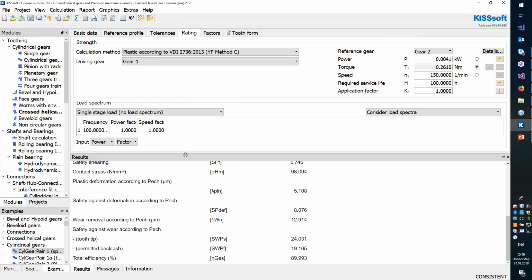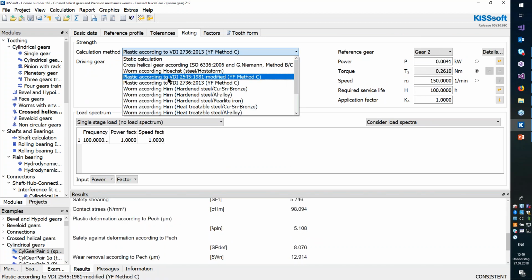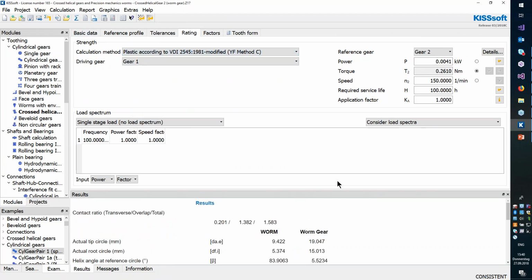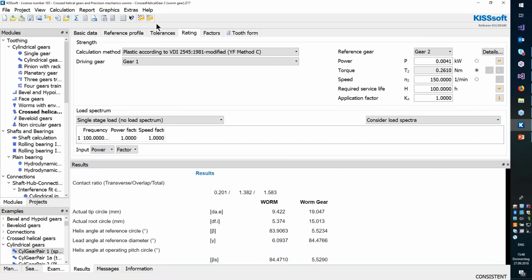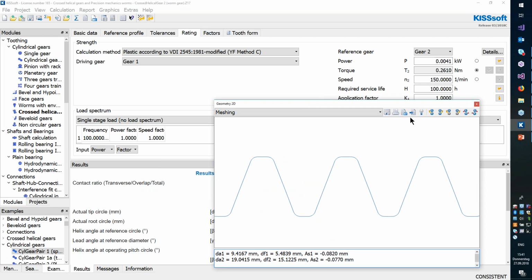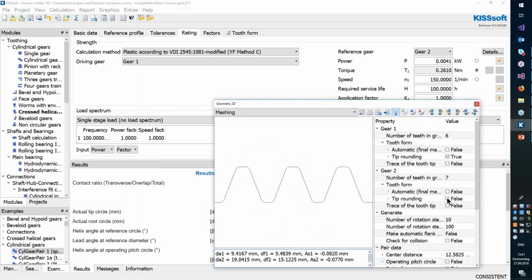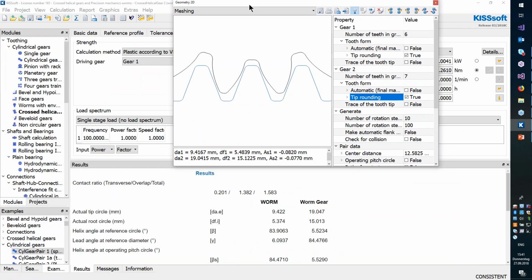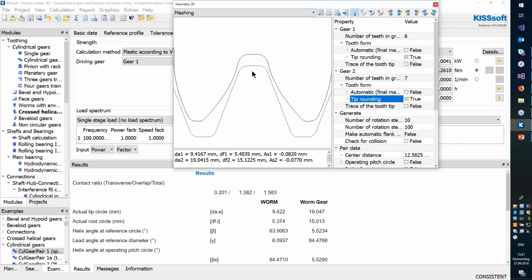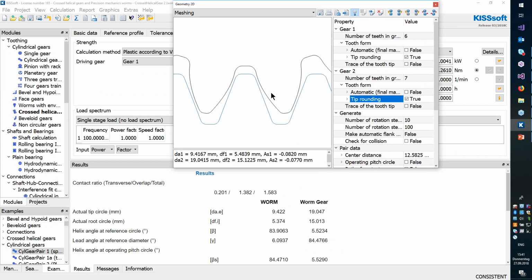Let's go to VDI 2545. When we have a steel plastic combination, like we have it in this case, we see that the tooth thickness of both gears is the same. So if we take a look at the